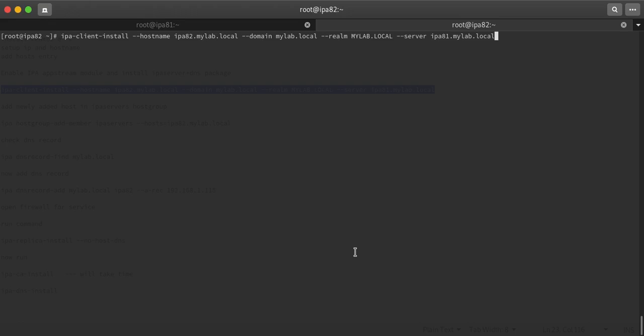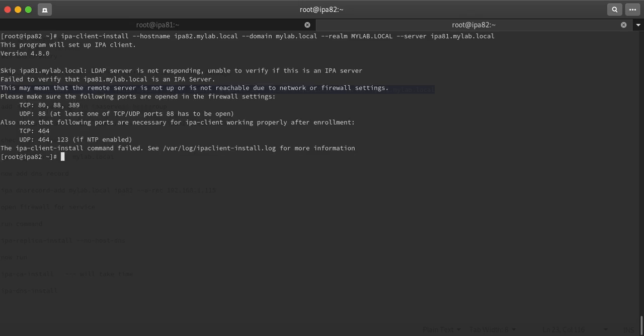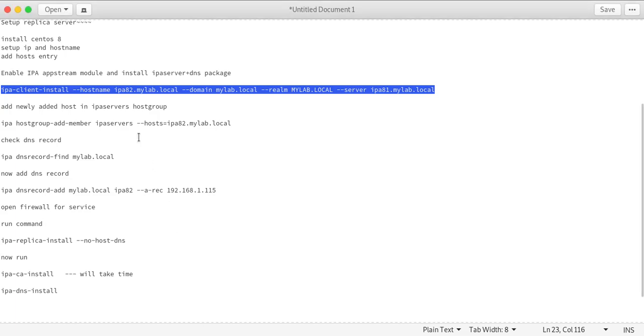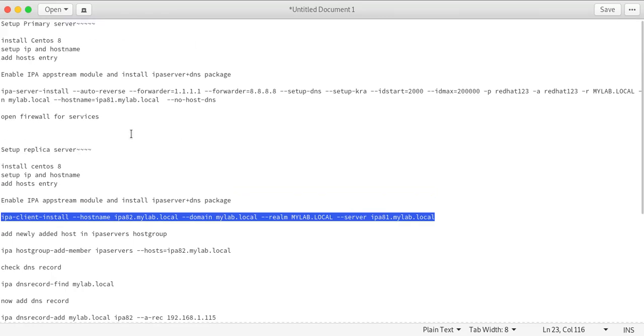Right now I'm trying to join this IPA 8.2 machine with IPA 8.1, because right now IPA 8.1 has become the IPA server. We have set up all these things, but IPA 8.2 is a normal CentOS machine, so I'm joining it. Alright, so why is it not responding? Because one step we forgot to complete,